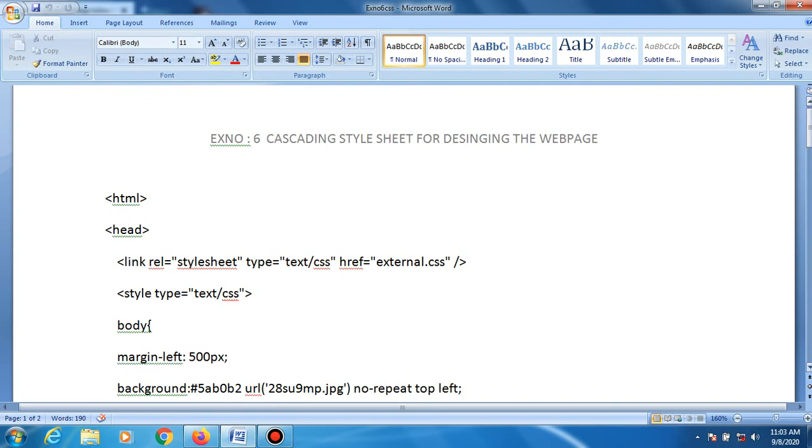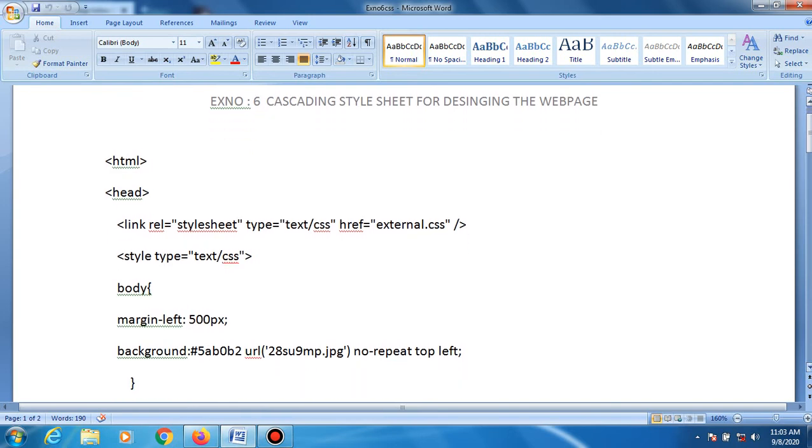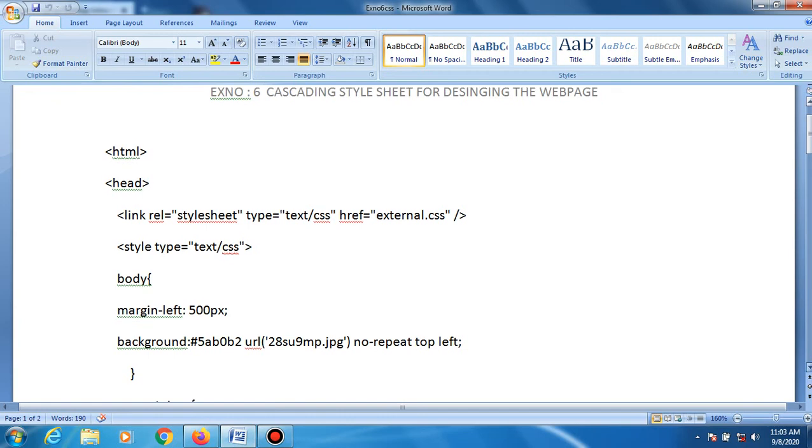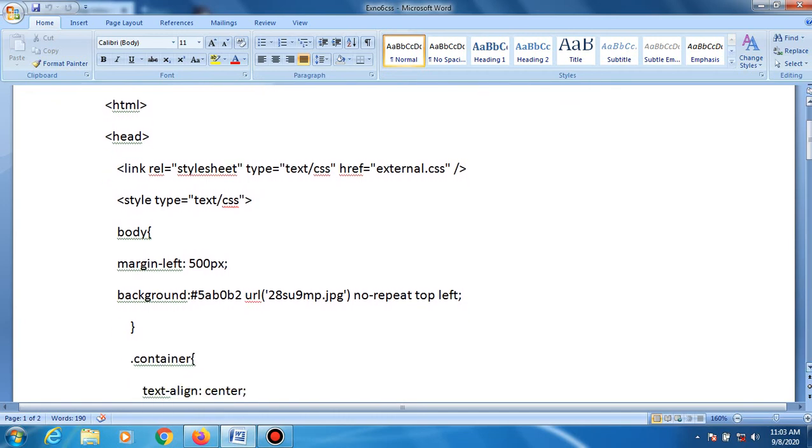Hence, this cascading style sheet is written using HTML programming. It helps to create different styles of a web page. It contains two programs, a main program and a subprogram.